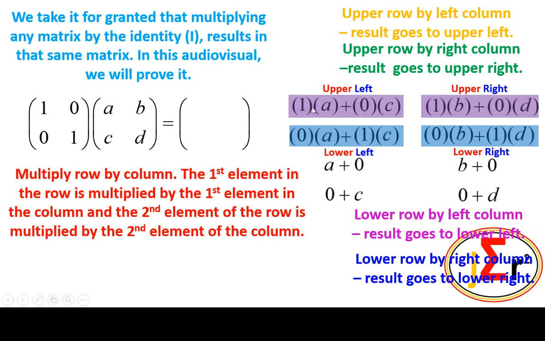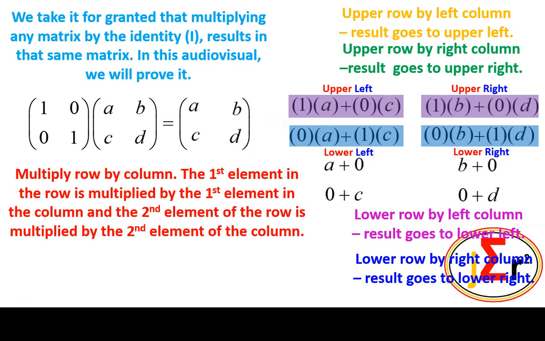This goes to 0, we will have A. This goes to 0, we will have B. This goes to 0, we will have C. This goes to 0, we will have D. The result is A there. The other result is B. The other result is C. And finally D, because in each case we have something added to 0 or 0 added to something, and we